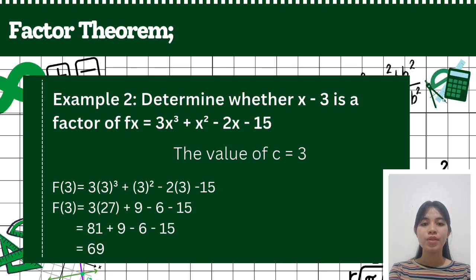For 3 squared, we multiply 3 times 3 to get 9. And for negative 2 times 3, we multiply negative 2 by 3 to get negative 6. So we combine them together to get f(3) equals 81 plus 9 minus 6 minus 15, which equals 69. So since f(3) is equal to 69, the theorem tells us that x minus 3 is not a factor of